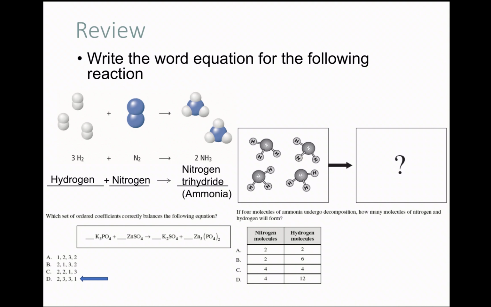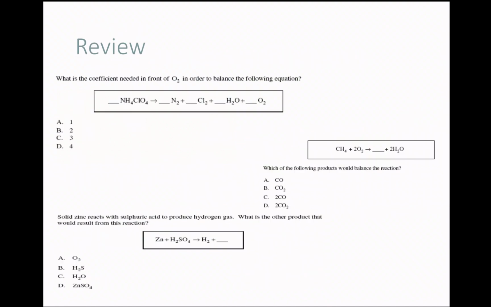Answer for this question's below. They're just showing you the coefficients, right? And if you look at your nitrogen molecules and your hydrogen molecules, how many do you expect to see at the end of the game? Well, the law of conservation of mass should tell you what you're going to get, okay? All right, so once again, pause, 1, 2,